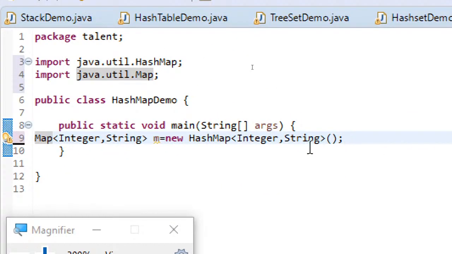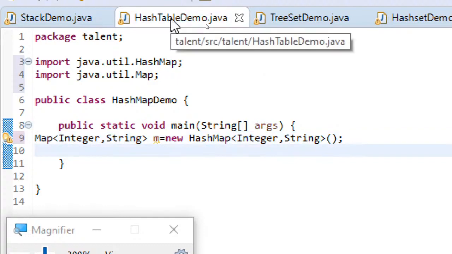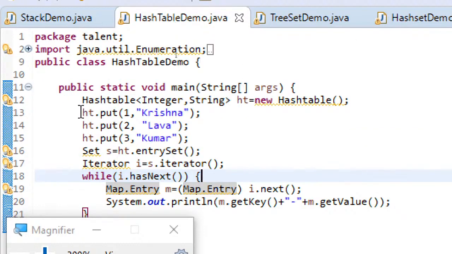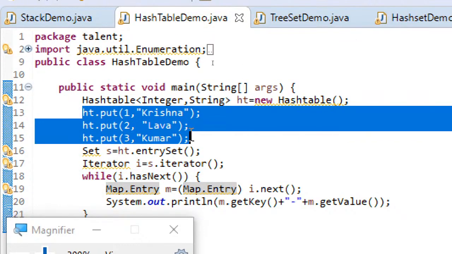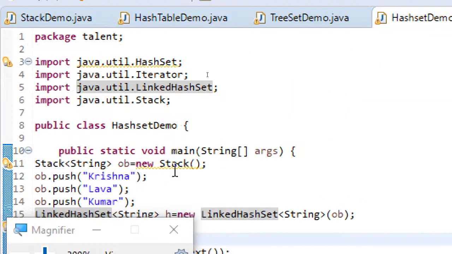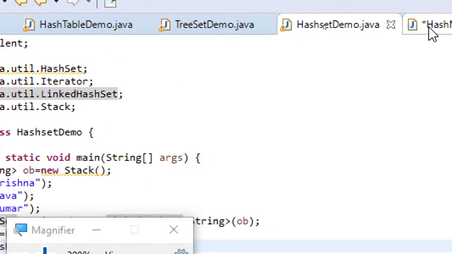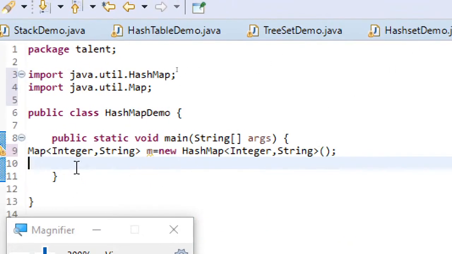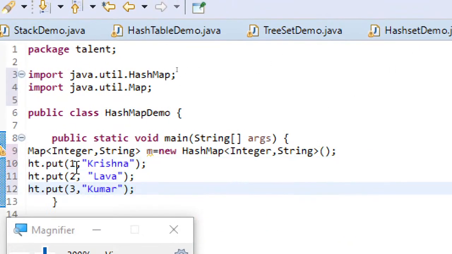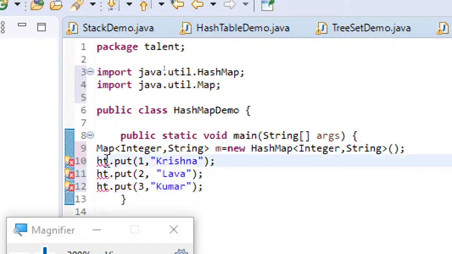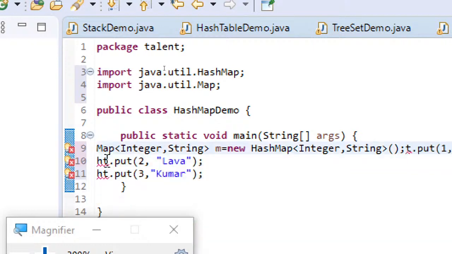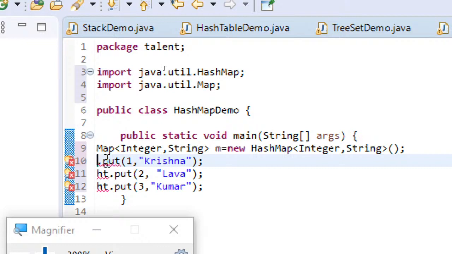So from the quick fix, I have just taken that. Okay, I'll just use this in order to insert. So here my reference variable is not ht, my reference variable is m. Replace it.